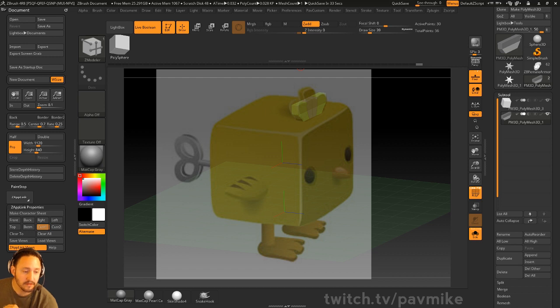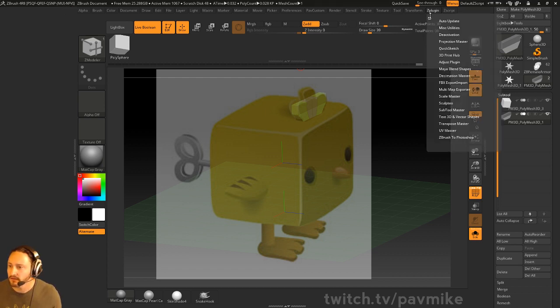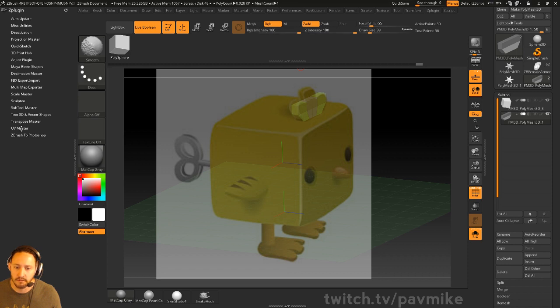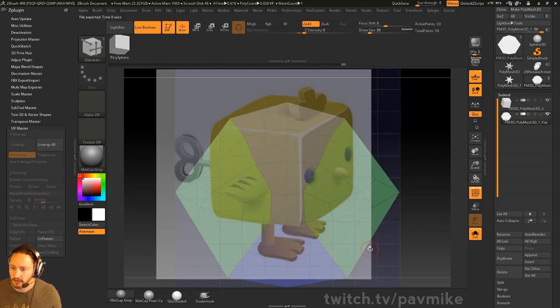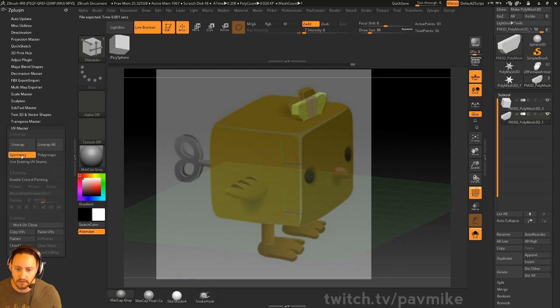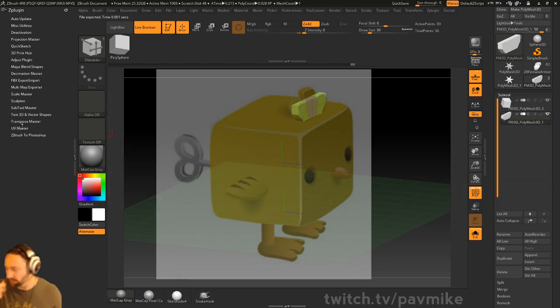How to start UV mapping in ZBrush. We've gone over that a couple times, but just real quick, you can go over here to ZPlugin and open up UV Master. And if we wanted to UV this thing, let's say, we can hit unwrap, hit flatten, and now we've got UVs for it. It's pretty easy. Of course, there's some caveats to that, but